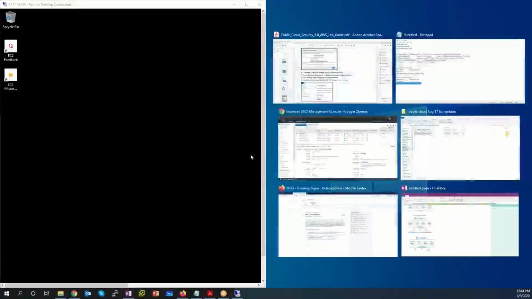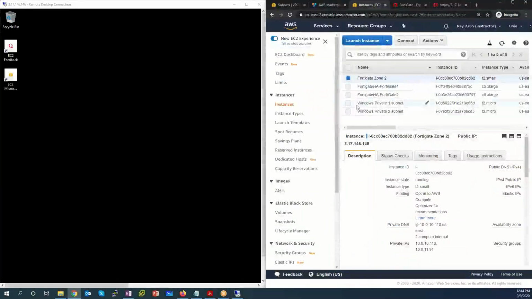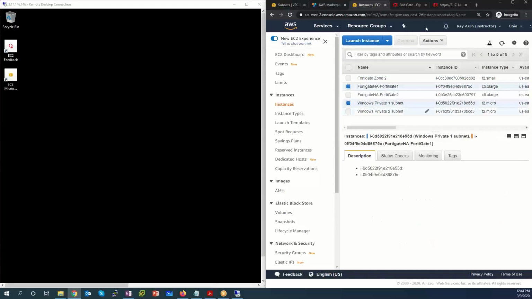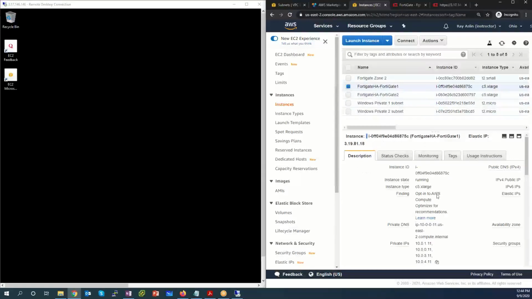While this is bringing up the RDP, I'm going to go ahead and start an RDP session to the other Windows server, the one in private subnet 1. The one in private subnet 1 is working through the FortiGate cluster, so I need the public IP address, the elastic IP address